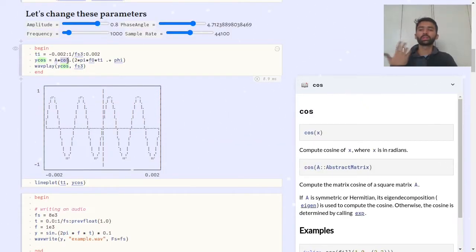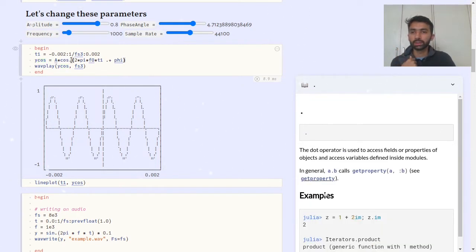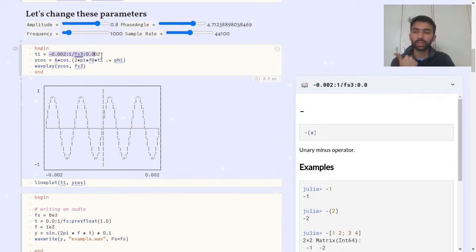So there is also another more important thing here, that we are using this dot function. What it does is it broadcasts over this whole range. First, this is a range, and we defined the initial value, final value, and the steps. And then when this y cos is computed, these values are collected. So let me show you.